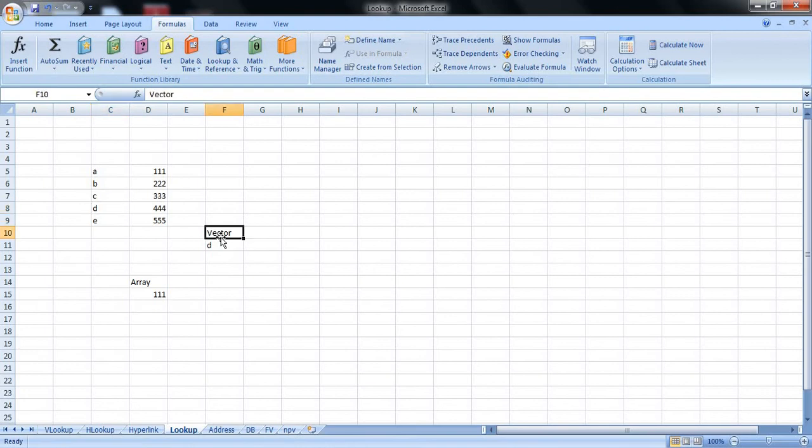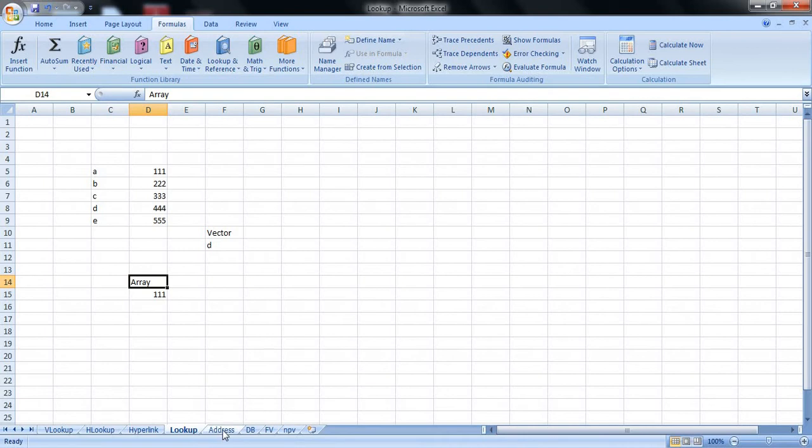So if you wish to select your reference from columns other than the first one, or rows other than the first row, then go for vector. If the reference is available at the first row or first column itself, go for array. So this is about the lookup function.